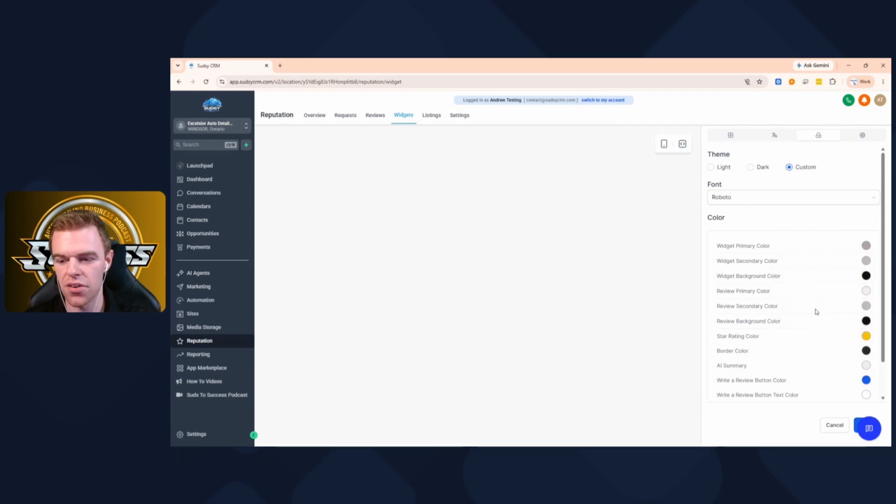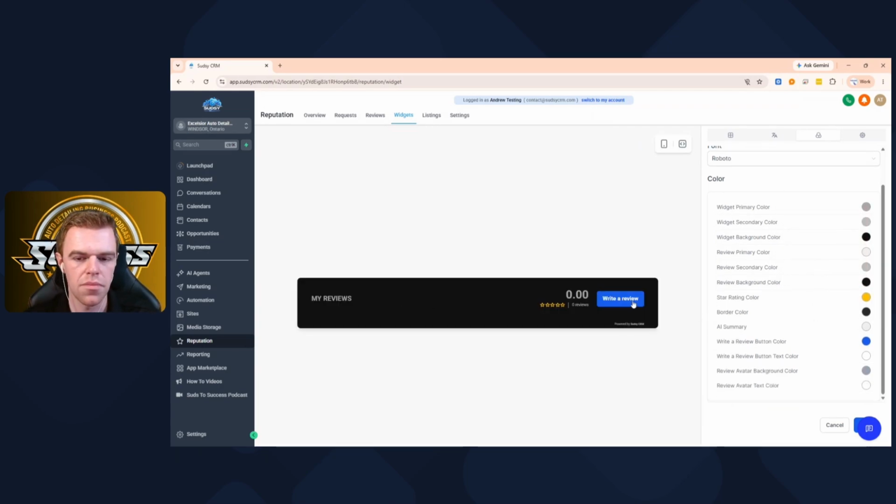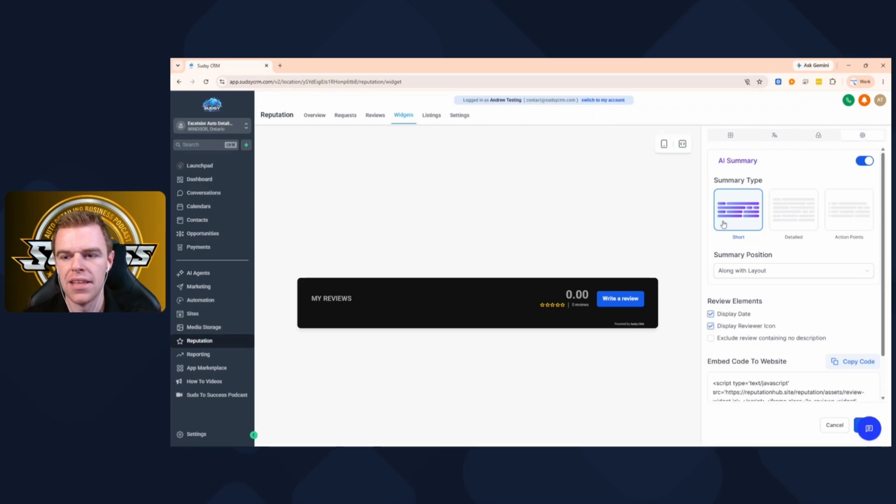So if you want to, it's all custom. So if your website's purple, you can make this all purple. Then you can also do AI summary. This is kind of cool. Everyone likes AI. What's nice about the AI summaries, it'll be like just a summary of all the reviews that